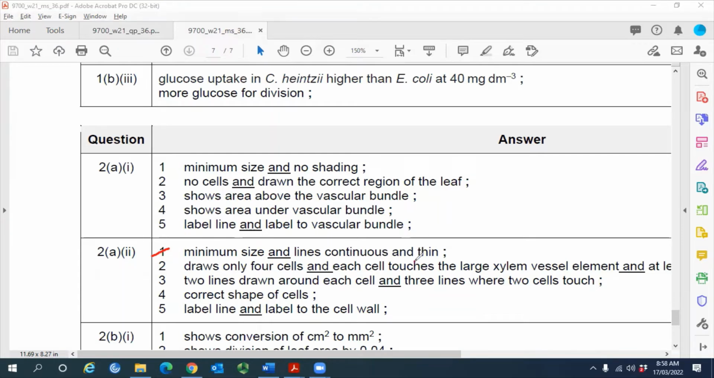Now they said thin line. Okay. Last time they said cannot be thicker than 5 mm, but 5 mm is actually too thick already. Now they put thin line. So as long as I feel there's not thin line, I will not give mark already. Okay. So please use sharp pencil or mechanical pencil and must be HB. Draw only 4 cells and each cell touches the large xylem vessel element and at least one